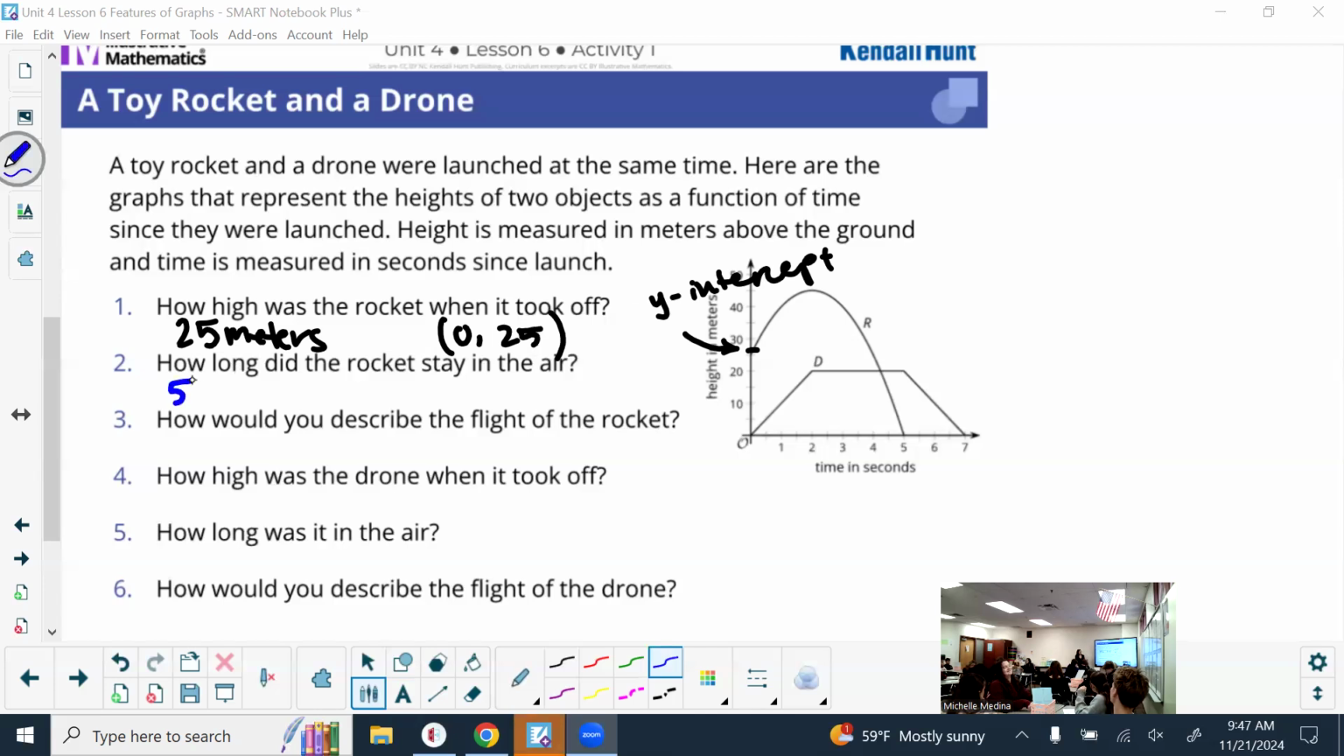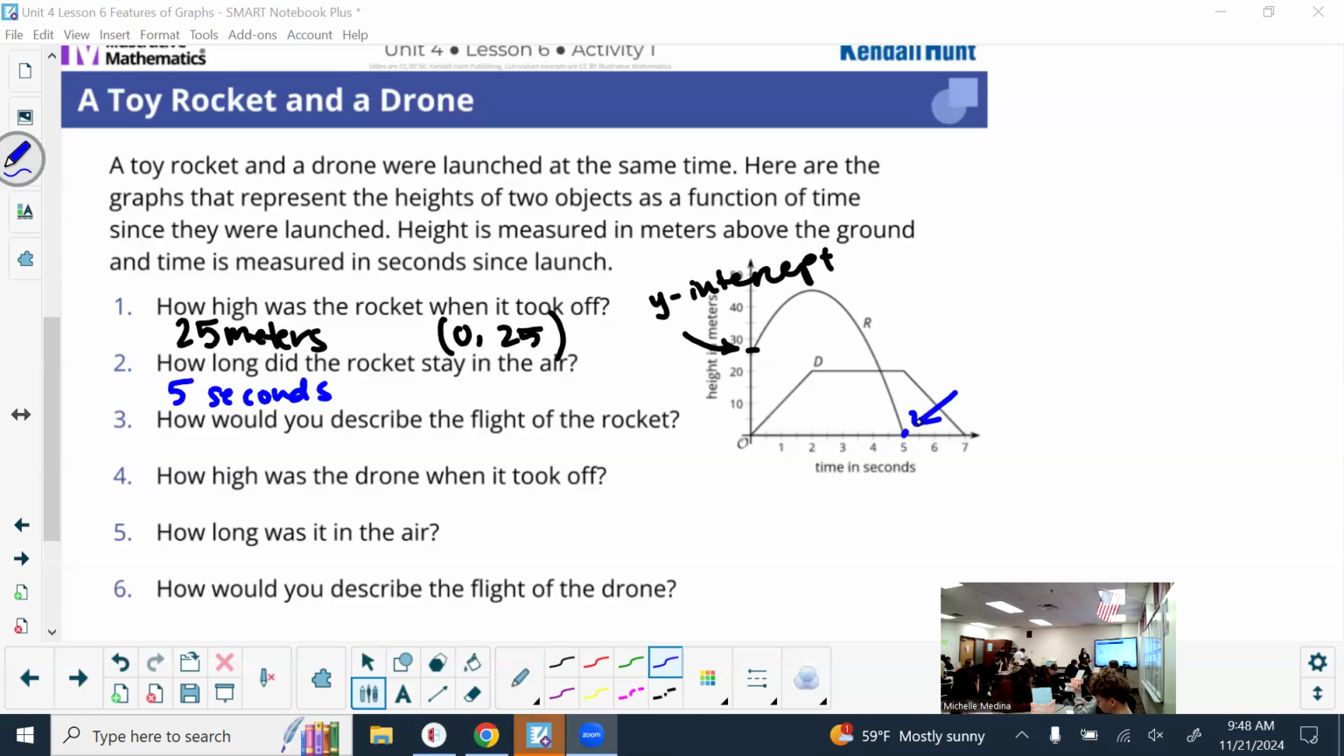5 seconds. And pay attention to the variables it wants you to find. Like, it didn't ask about what height or anything like that. It said how long. So your answer should be a time frame. And we know that here,